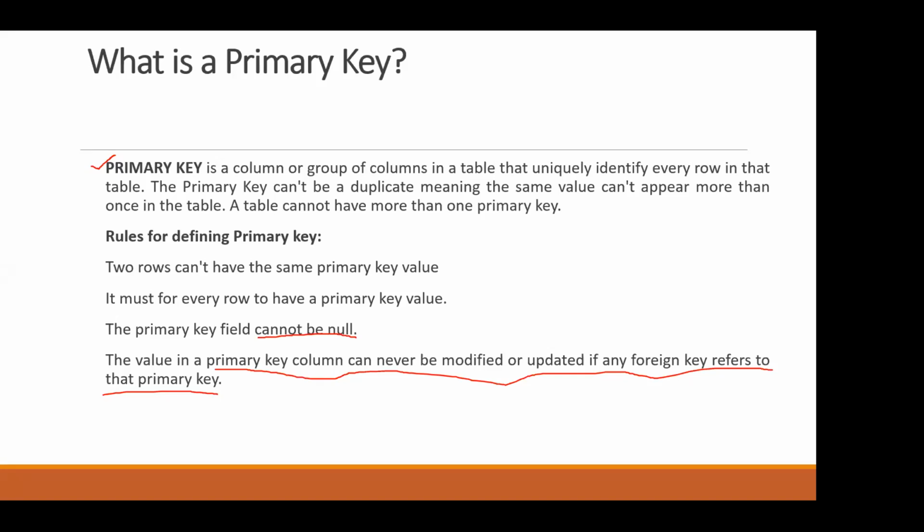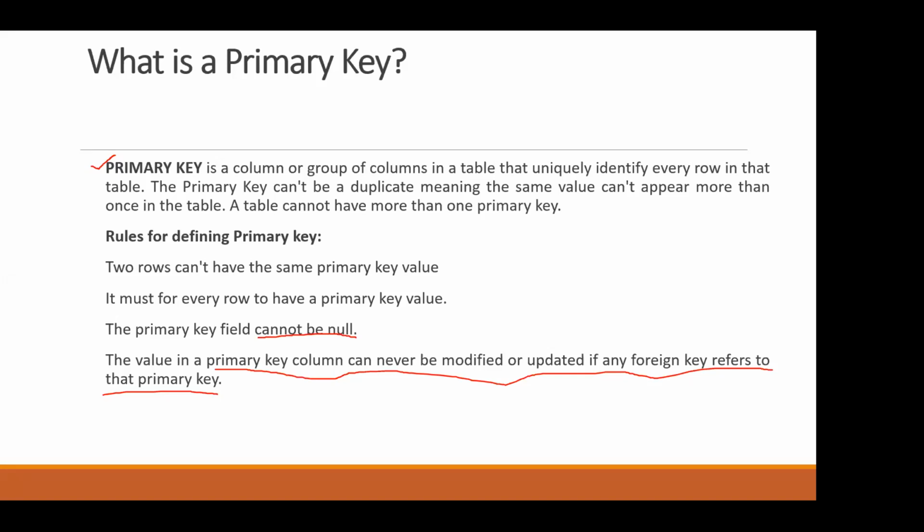We cannot use the same value for the second row, third row, fourth row. These values must differ from the first row's primary key value, the second row's, the third row's, and the fourth row's.